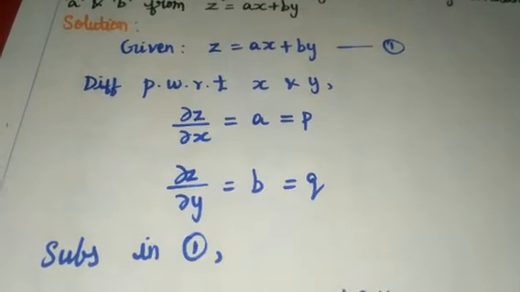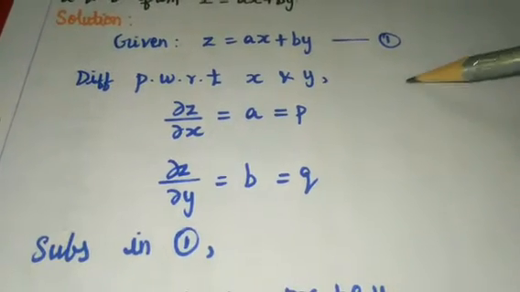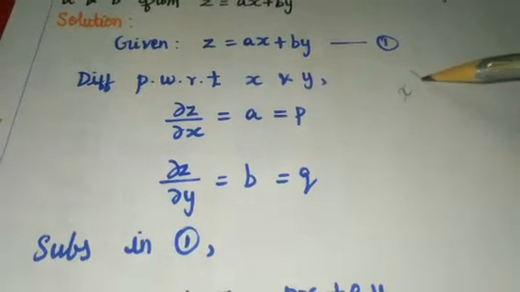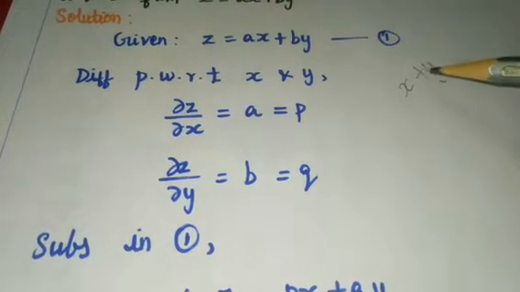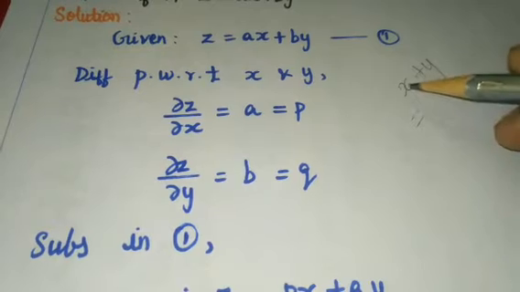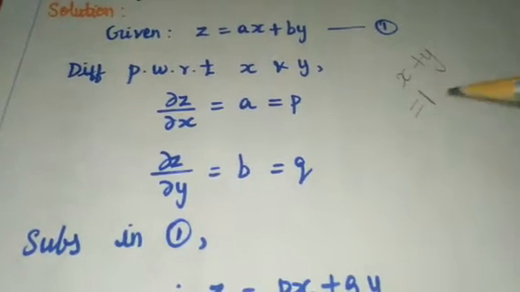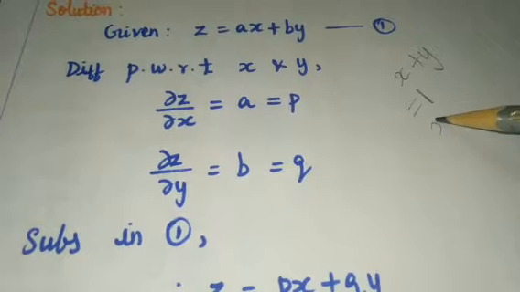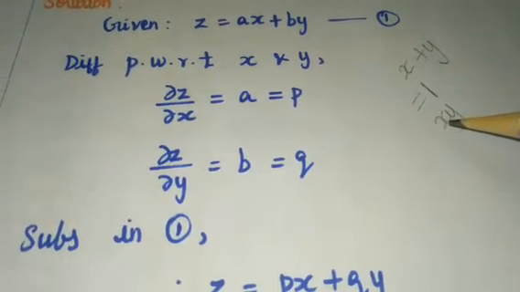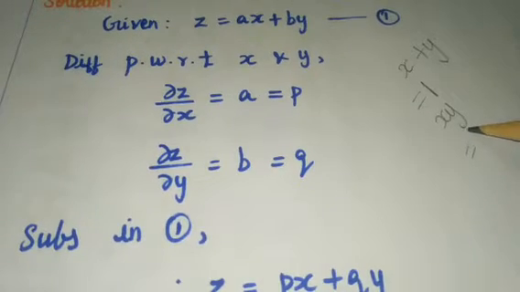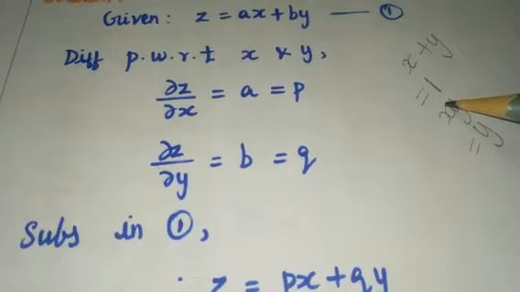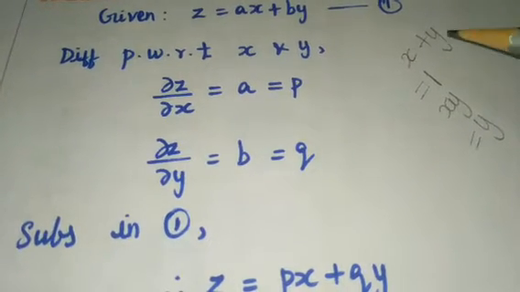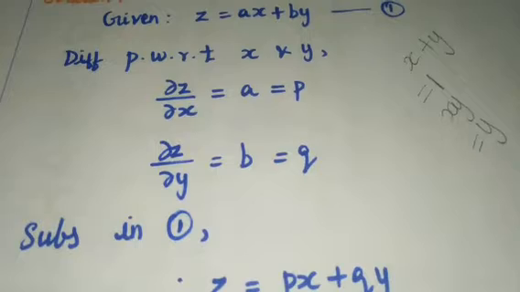So what is partial differentiation? If we have the equation x plus y and we partially differentiate with respect to x, we have to consider only x and leave y. So the answer should be 1. If it is a multiplication of x and y, and we partially differentiate with respect to x, then the answer is y. In multiplication and division, we should put the y term as it is. But in addition and subtraction, we have to leave y. So this is partial differentiation.